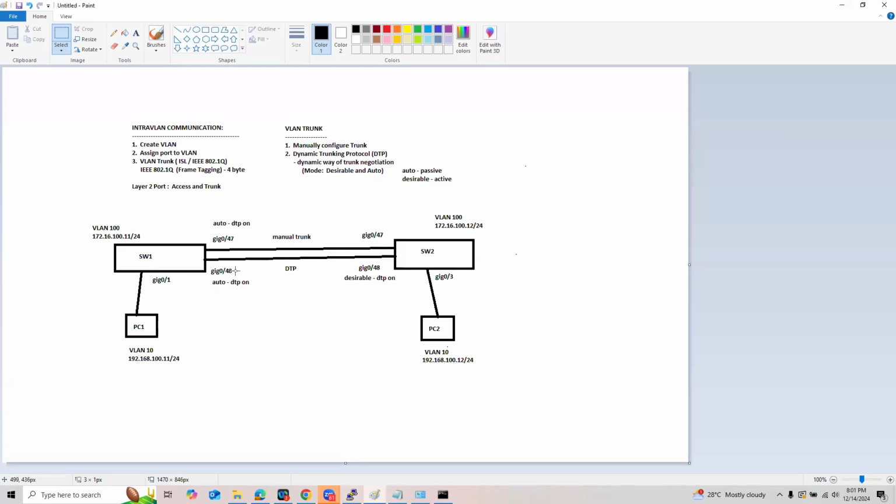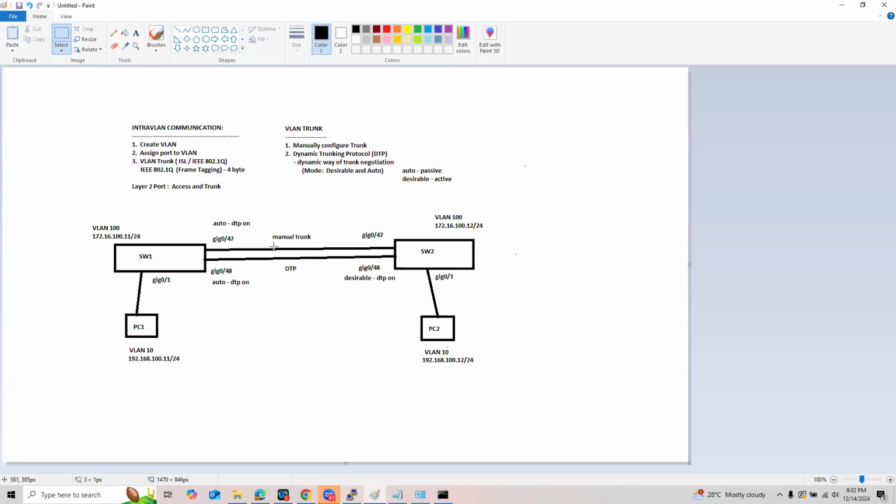By default, the DTP mode of the Cisco Catalyst switch ports is auto, no? So the current switches are, again, defaulted to DTP mode auto. So at least one side will be desirable, and that will make that link, or the two ports, become a trunk through DTP negotiation. Okay, so I think these are the things I want to point out today.